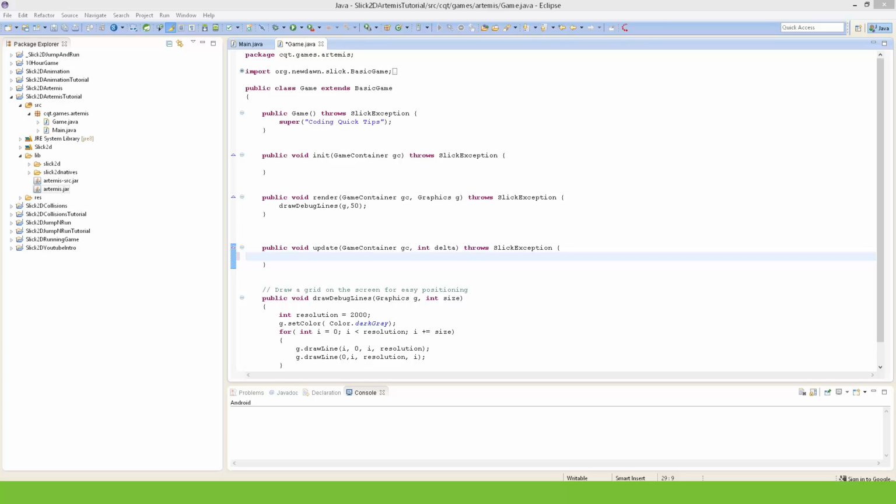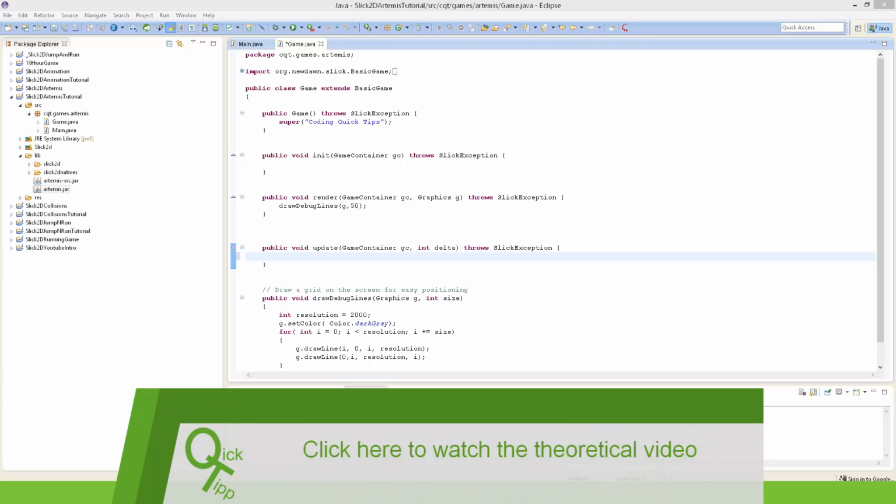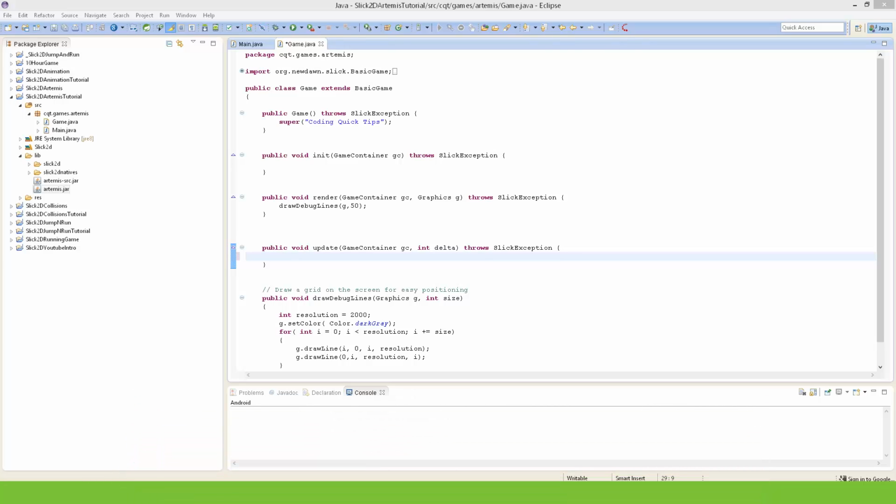Today was the promised video on the actual implementation of a component-based design approach. We discussed the design approach on a component-based entity system in the last video, and in this video I want to show you how you can actually implement an entity system framework based on components in your Slick2D game. We will use the Artemis